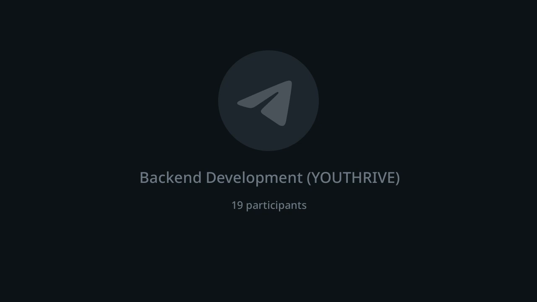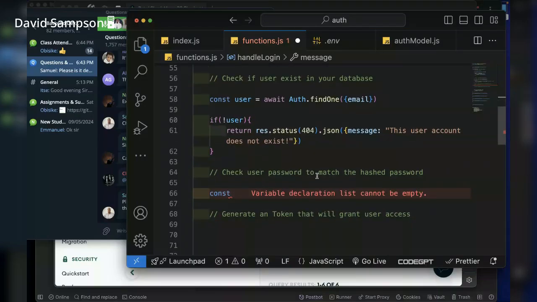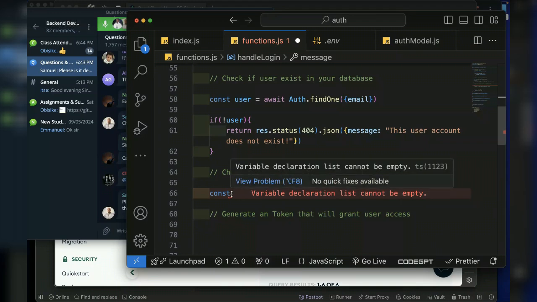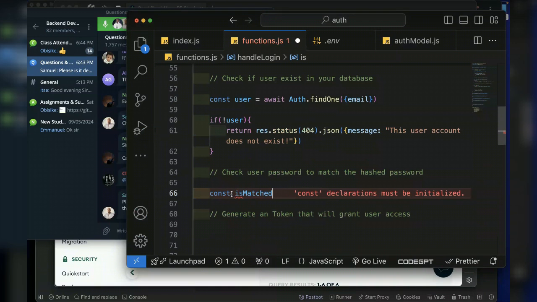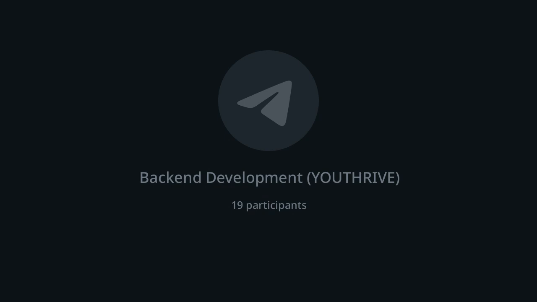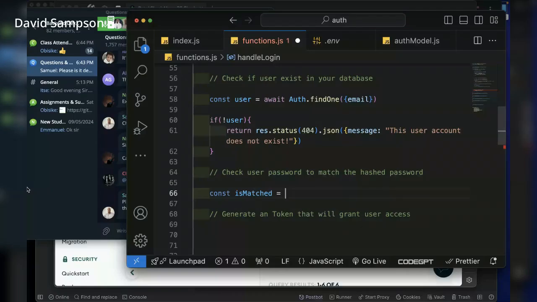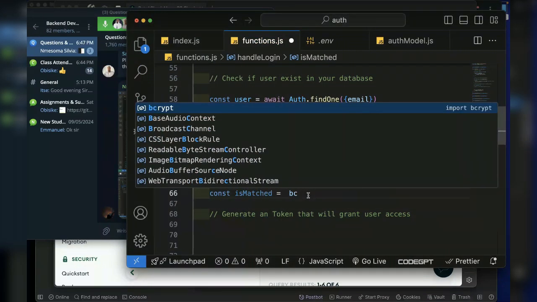So here we want to check that the password actually matched. So we want to do this. Say const isMatched. Now this isMatched is a variable name I created. If it matches, it's going to be true or false. So that is why I called it isMatched. You can call it anything you want, but I call it isMatched. So isMatched means it is either true or false. I want to bring in bcrypt again because bcrypt,